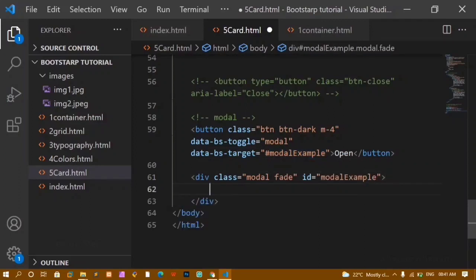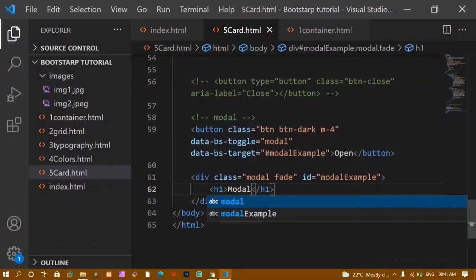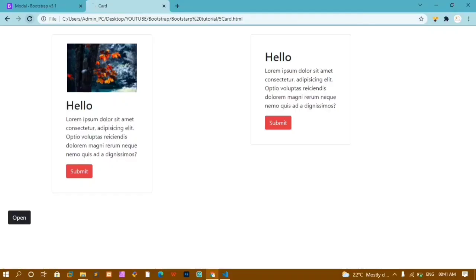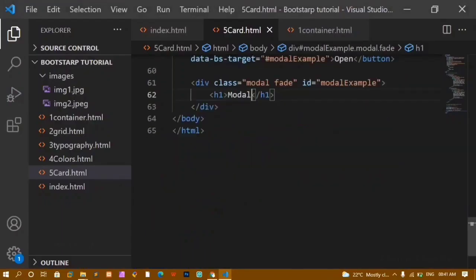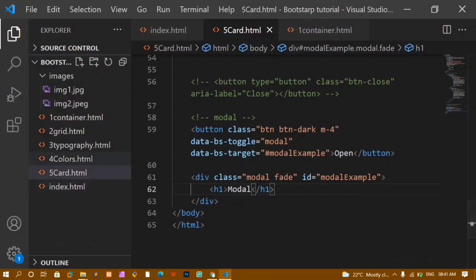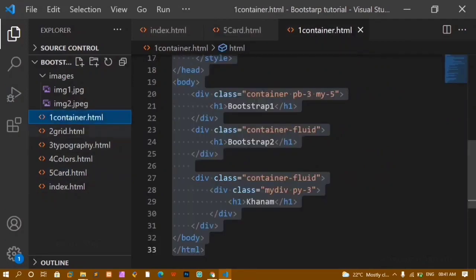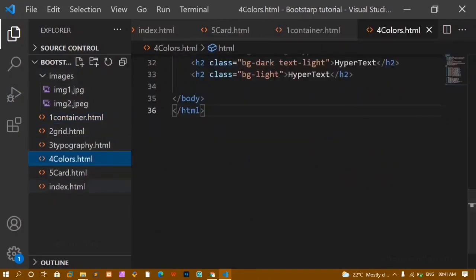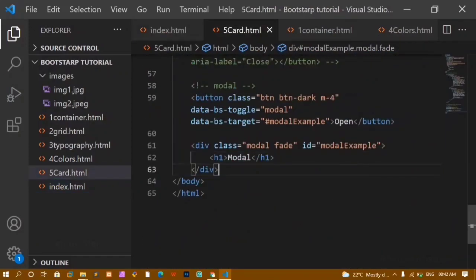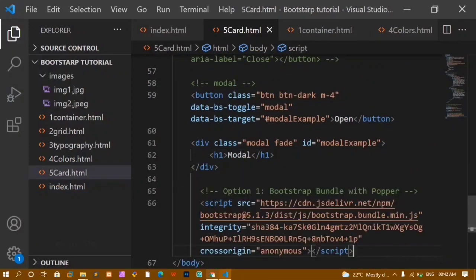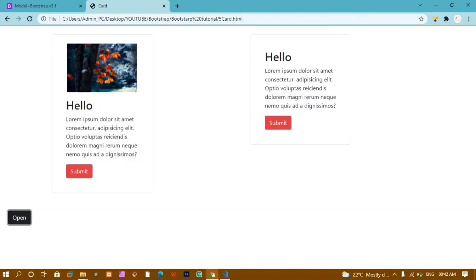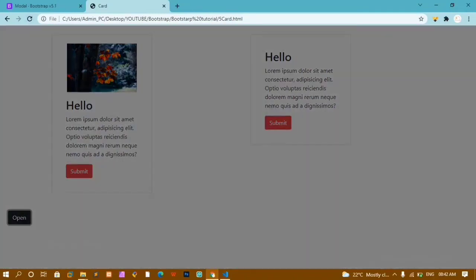Now here inside this div container, let me just write here h1. I'll just write here modal. I'll save this. I'll refresh this one. Now when I click on this, you can see it is not going to work because we have not linked JavaScript yet. So to link JavaScript, I'll just come here inside index.html. For modals, for popovers, we have to use JavaScript. I'll just paste that one. I'll refresh this. Now when I click on this, you can see this is getting opened, but because we have